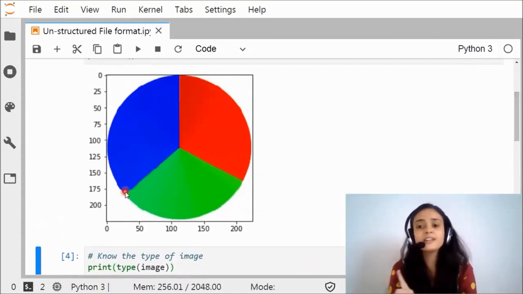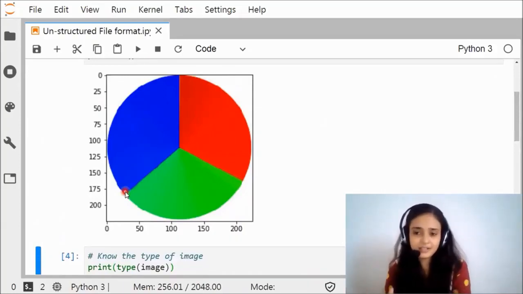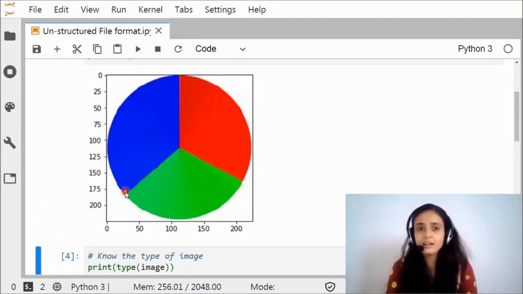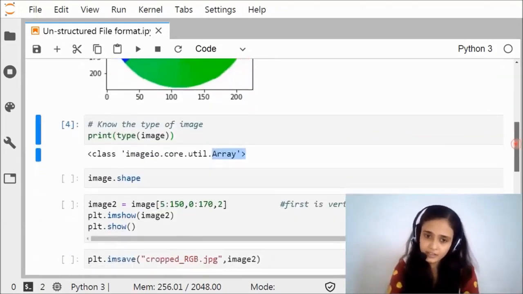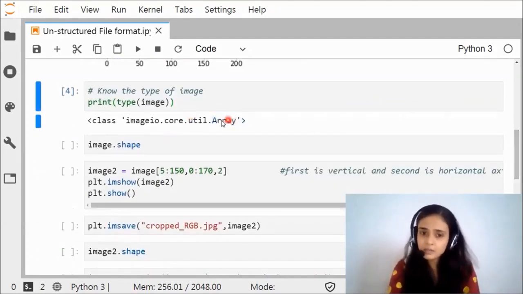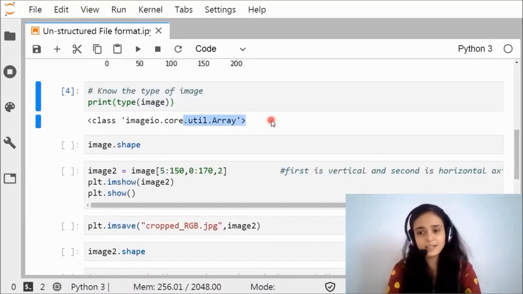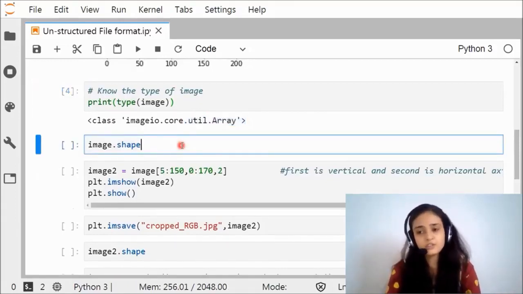When you are reading the image, all the pixels get read and stored in an array, because all the pixels have some x and y coordinate. So when you read the image, it will show you the type as either the array of the util class or the numpy array. So that image will finally be in the form of an array.